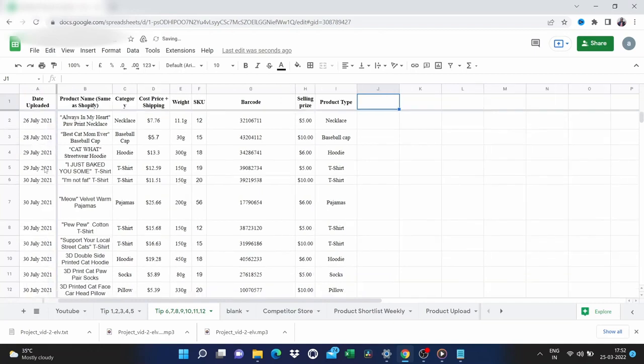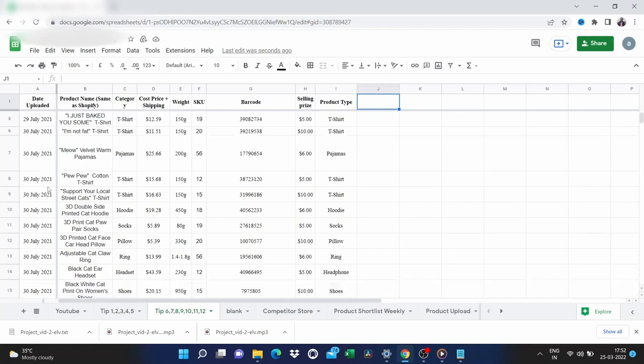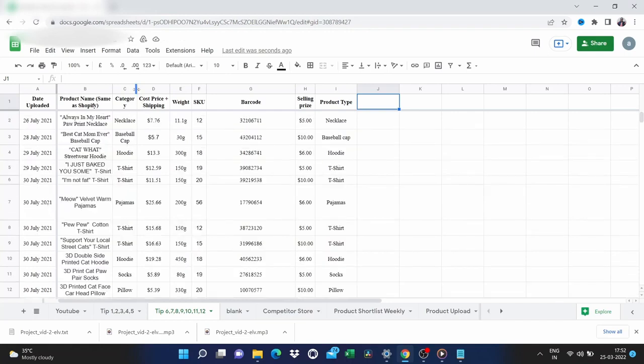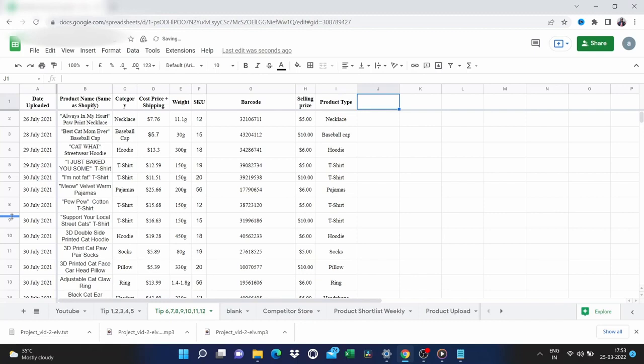Make sure these arrows appear and then double-click, and it will resize automatically to fit the width of the contents. Now I can do the same thing here, and I am resizing the columns. If you have rows that are all different sizes, you can do the same thing with the rows. So I'll just click on this and double-click it, and it will resize.